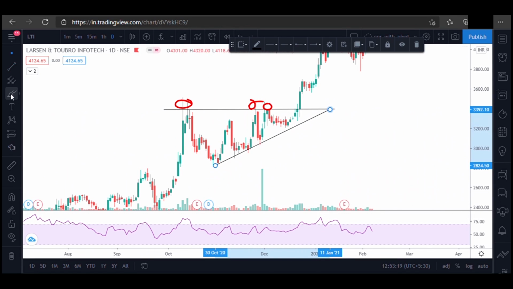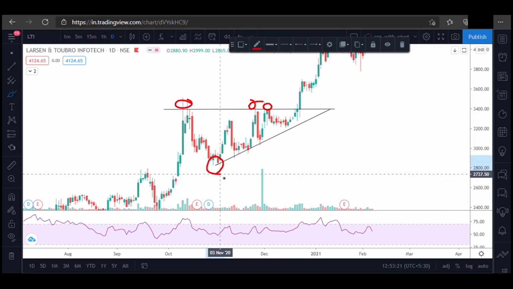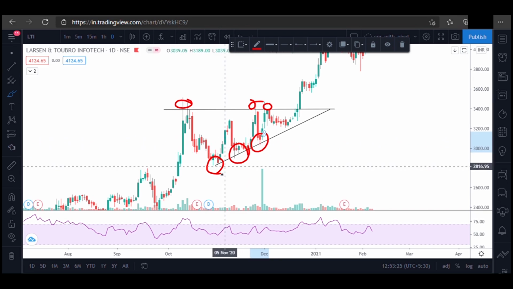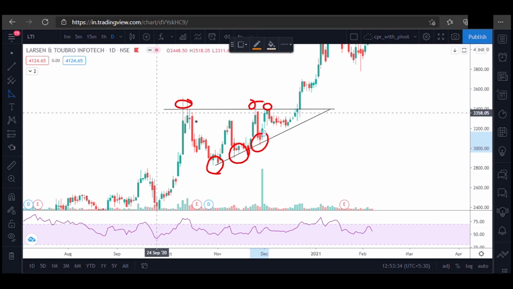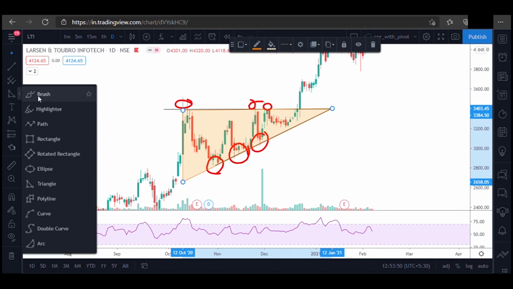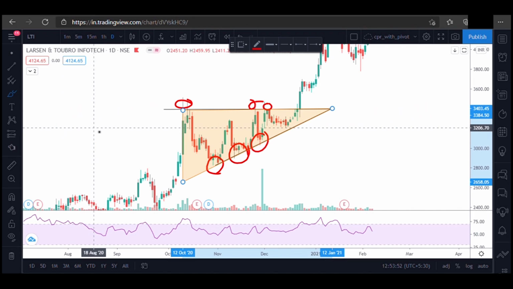If you see, whenever the price comes near the support line, it pushes the stock upwards. So here it acts as a support. So this is clearly a triangle. Now what we can do is, we are waiting for the breakout. What is a breakout? Breakout is nothing but a change in pattern from the actual pattern.